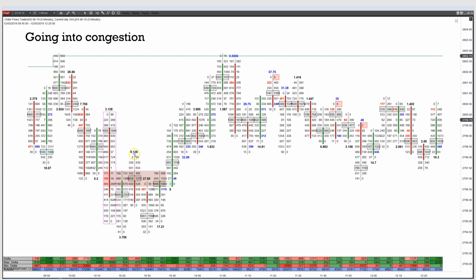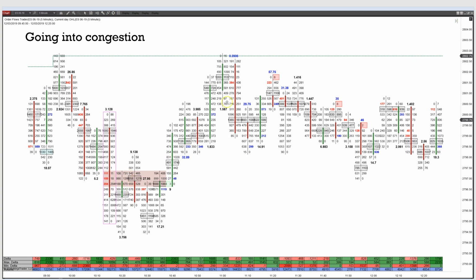But if I was short, I really wouldn't like that we pull back up through this imbalance. I don't like that when you do that with imbalances. And I don't like when you get a red bar with stacked selling imbalance followed by a green bar. It's got a higher chance of failure, especially when you trade back into it like that so much. I really like it to just sort of hug that area.